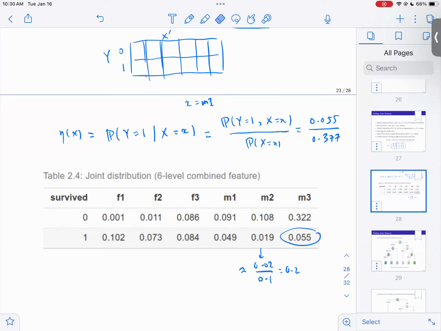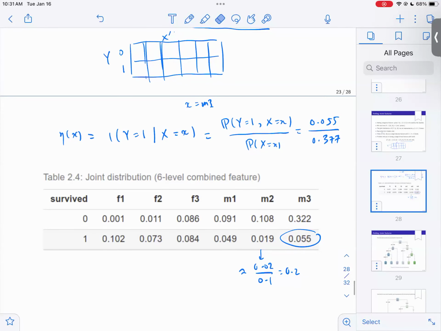This is the same procedure we did. If you go back, this is the joint distribution calculated from empirical averages. You can fill out this table. Hopefully everyone can do this if given the data. And then from this, I can compute the conditional probability. This is the regression function. Basically, I just need to calculate the survival probability, because the other one follows. And then the rule would be this estimate. If I want to be precise, this is my estimate.